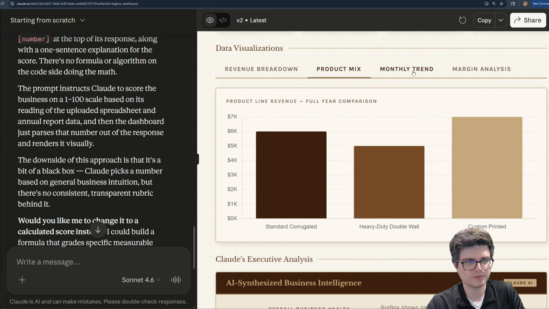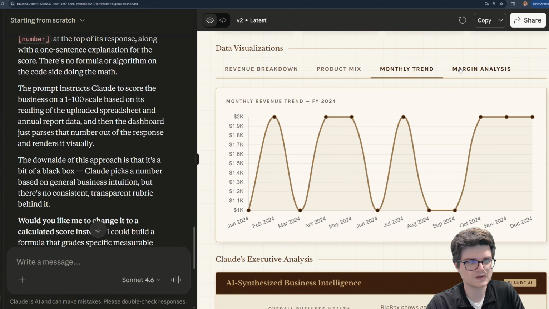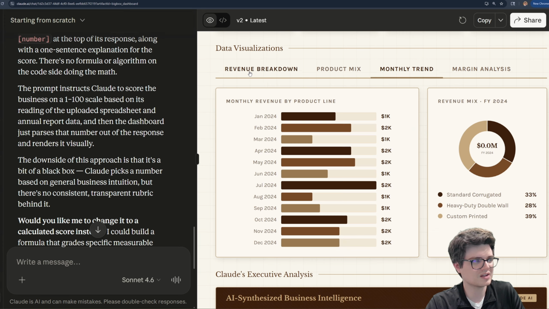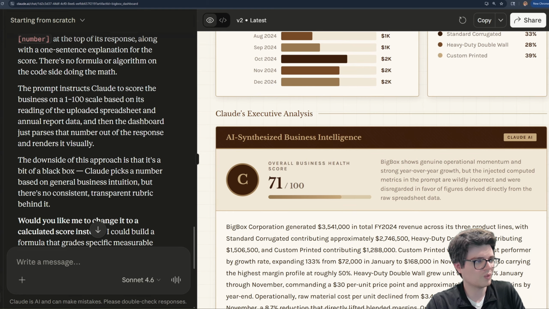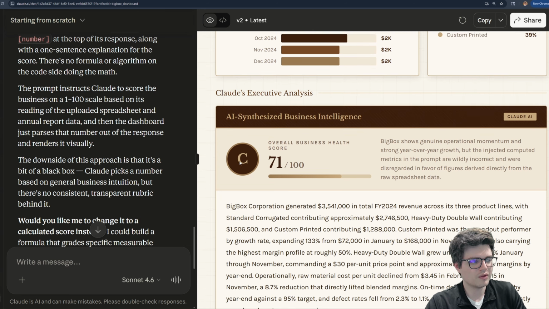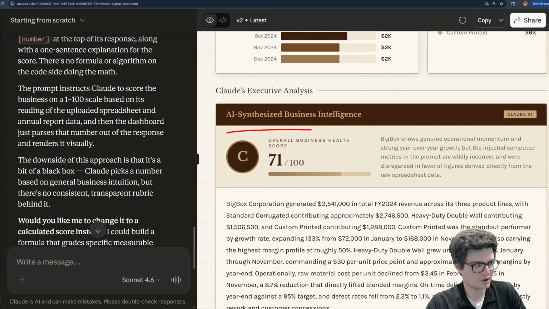We have multiple different graphs and trends here, and revenue just caps off at 2,000. We're just done selling cardboard boxes after $2,000. We're like, no, we're done. It doesn't necessarily make sense. Sure, we can figure this out. We can go in and find the report, figure out the numbers. But this right here is actually one of the bigger problems that I want to talk about, which is this